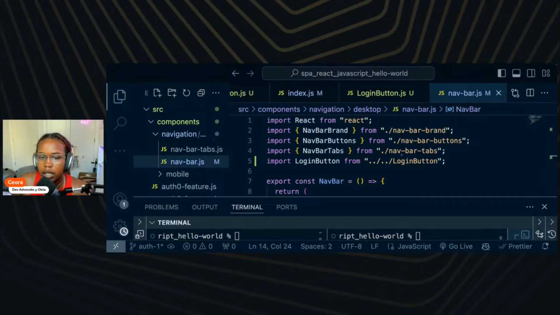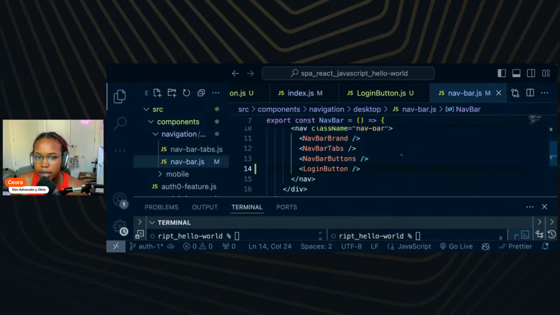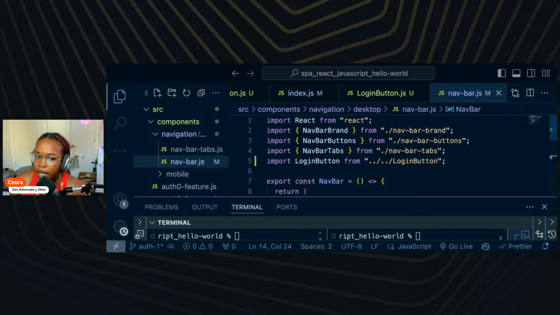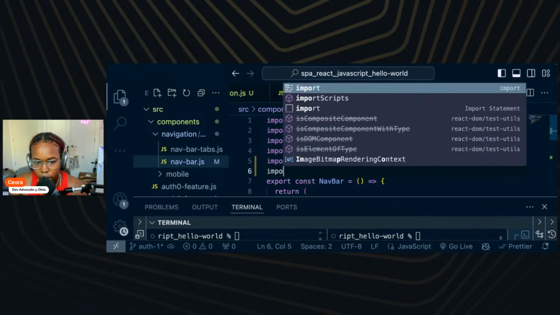And even if we try to render the logout button, it would just show up next to the login button. And we don't want that. We want it to show either or, depending on whether or not the person is logged in. And we can do that because the useAuth0 hook has a method that tells us whether or not someone is logged in. So we're going to import that. Well, first we'll import